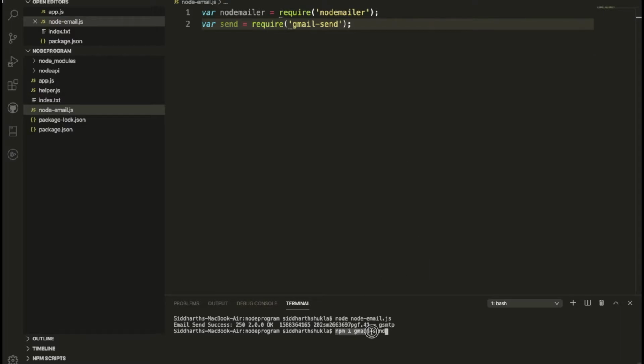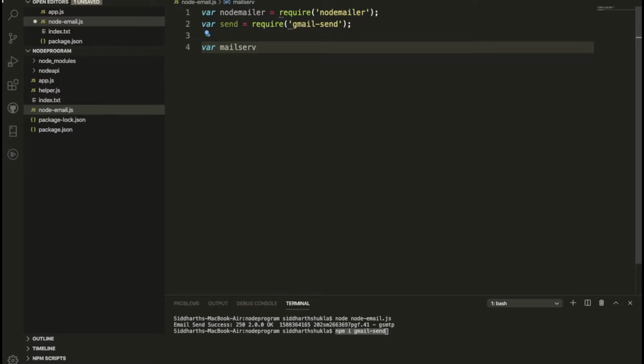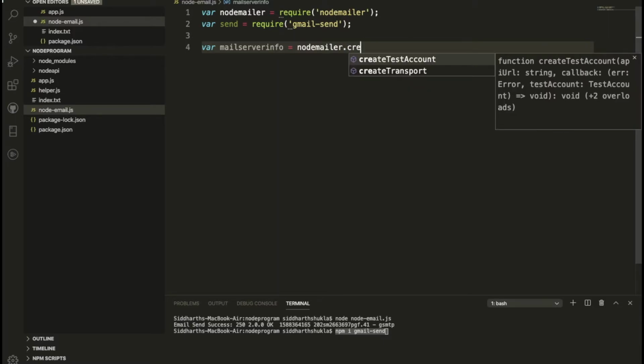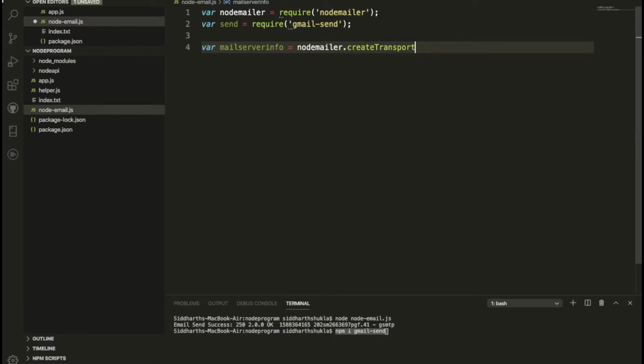If you don't know, just click on this particular link and you can check it out. Once this is done, I'm going to create the sending of the mailer. You can use a constant, whatever you want, and just use your mail. Here I'm going to use server info. I have created this variable. Then I'm going to use nodemailer, which I have added first. Inside this class, we have a function named createTransport. So once you have added createTransport,